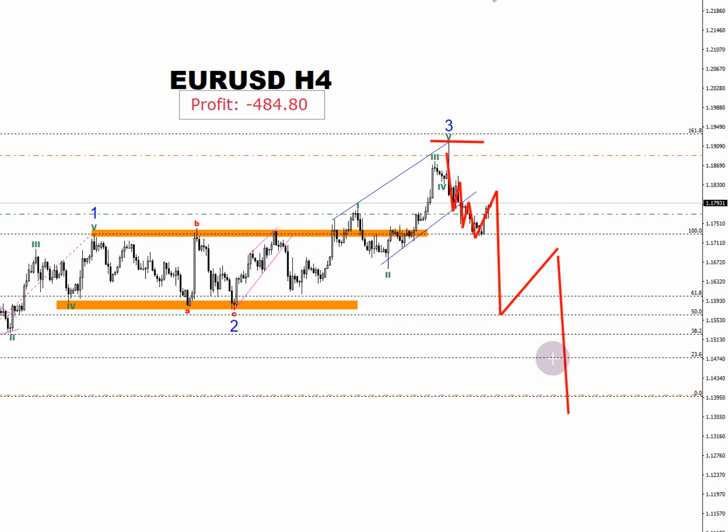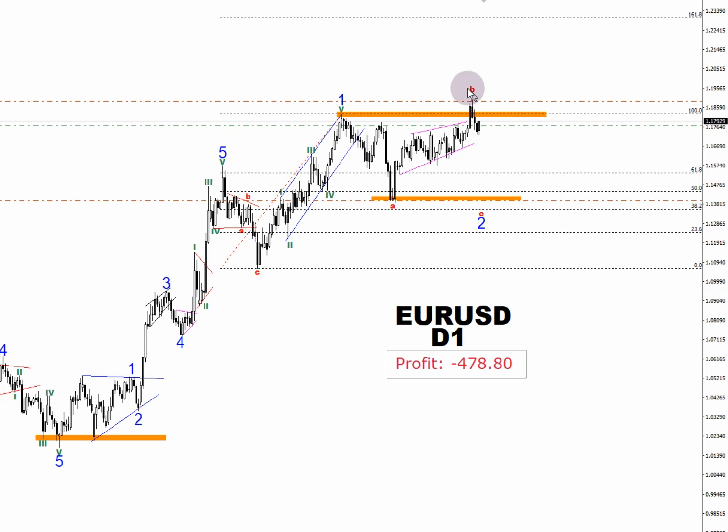Whom to trust? Yes, for a 4-hour time frame, it will be 4 to 5. But again, if it goes down, the daily time frame will always be more important because we follow the daily time frame regarding that it was wave B and there will be wave C, but through 1, 2, 3, 4, 5. So this could very well be a possible scenario. Therefore, for now, I am holding on to sales while there is a loss.